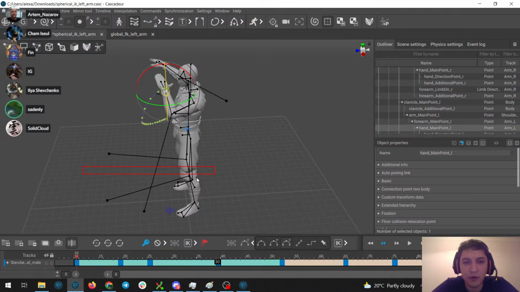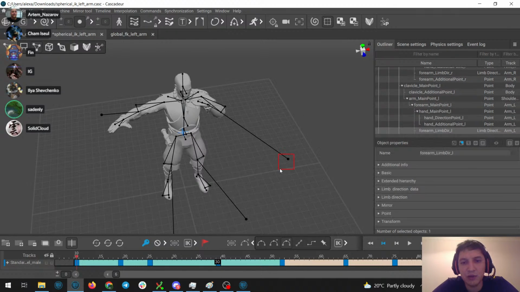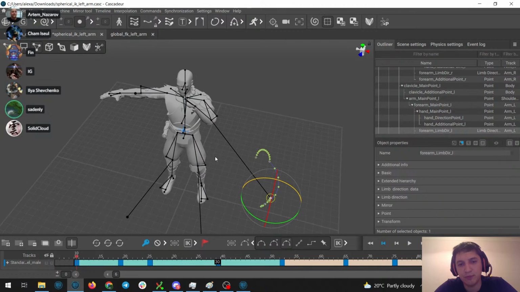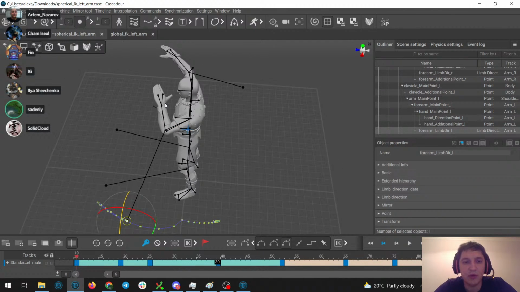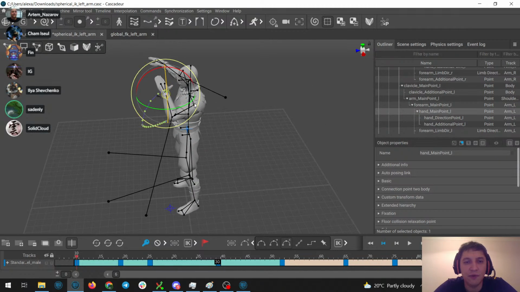The pro though is that the data that actually gets interpolated is this vector from the shoulder to the hand. It is the basic data, and it is easy to understand and control.